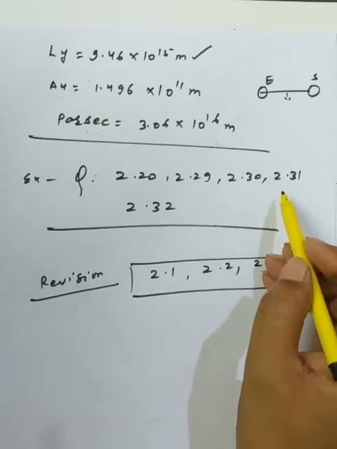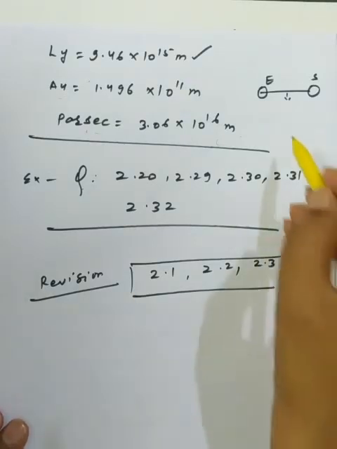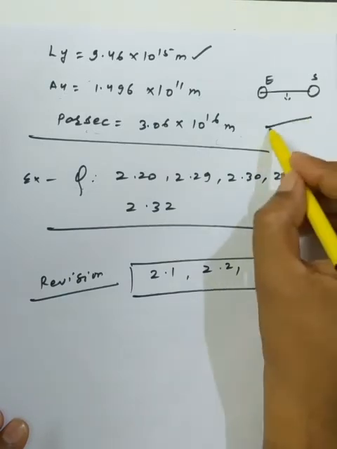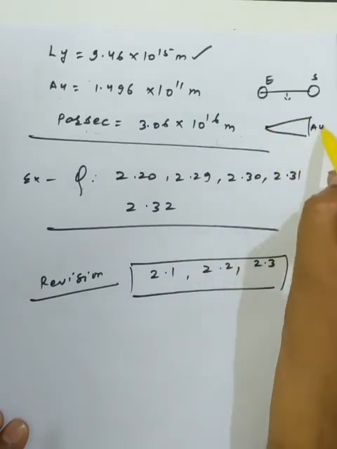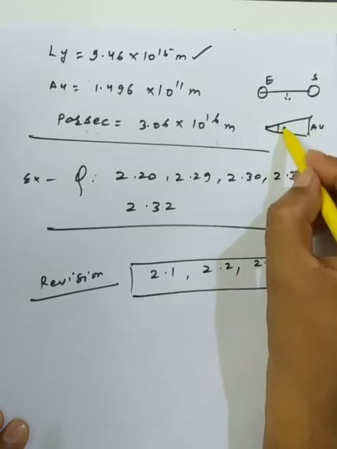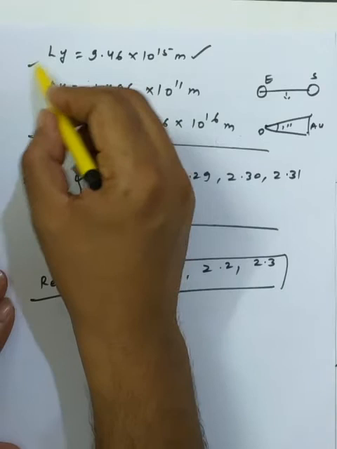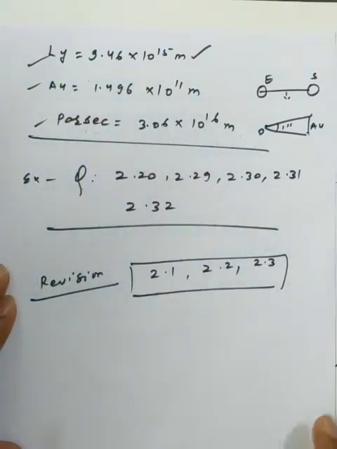Now we have the next, the parsec. Parsec is the distance at which one astronomical unit makes an angle of 1 second at the point O. So the representation of the parsec in meters is 3.06 × 10^16 meter. These general abbreviations we will use in the numericals, so I am just repeating them.